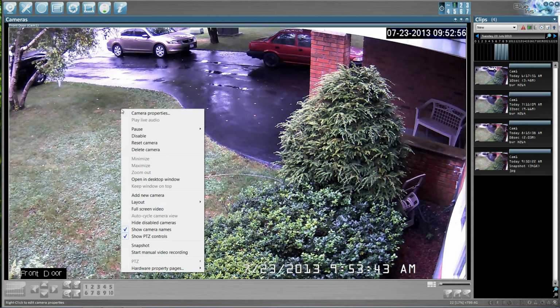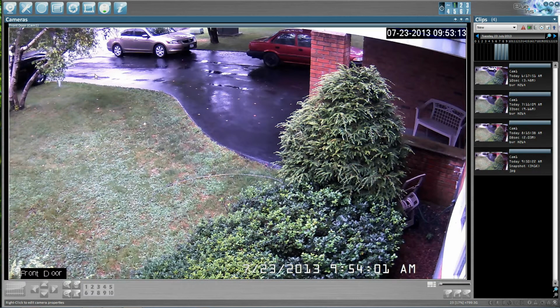And everything that you're going to be able to do with this camera will be in here. And again, don't go into camera properties unless you're a technician or you've really spent some time reading up on how the software works. There's no reason to go in there. And deleting cameras is probably not a good idea. I don't recommend that. So for all intents and purposes,